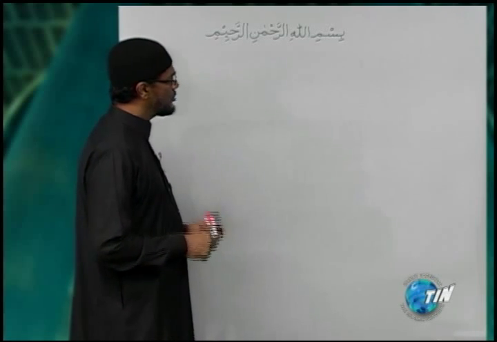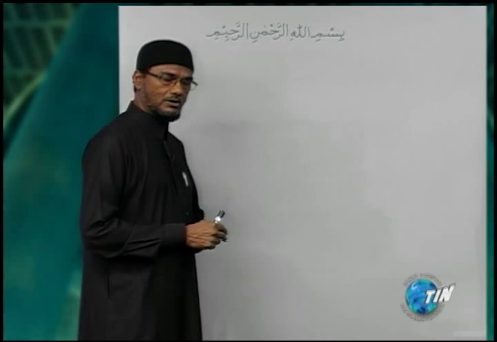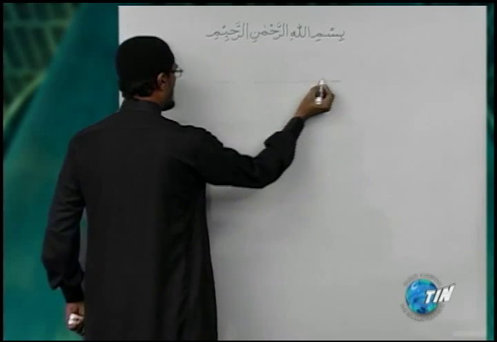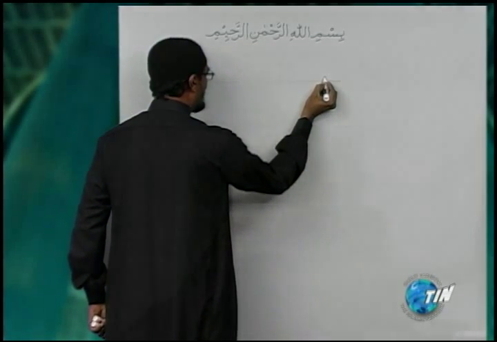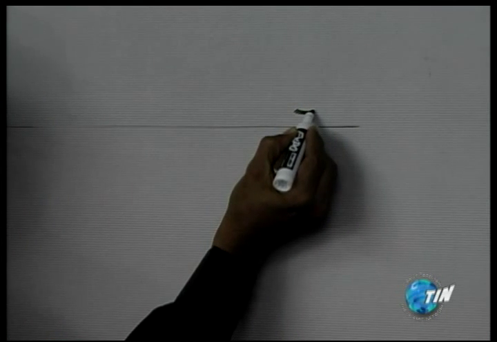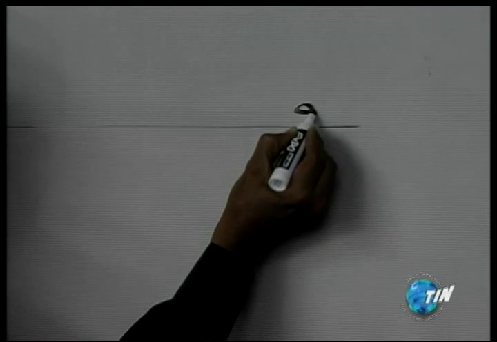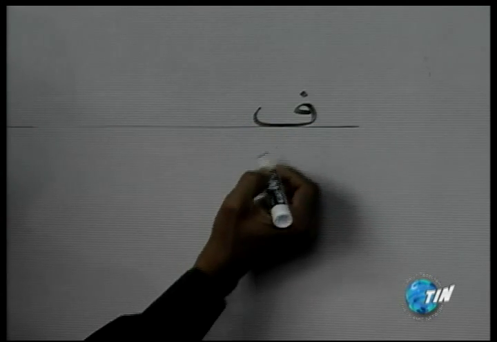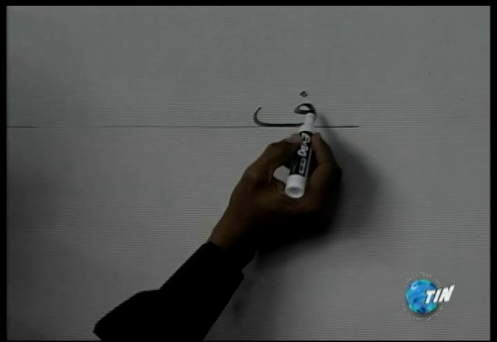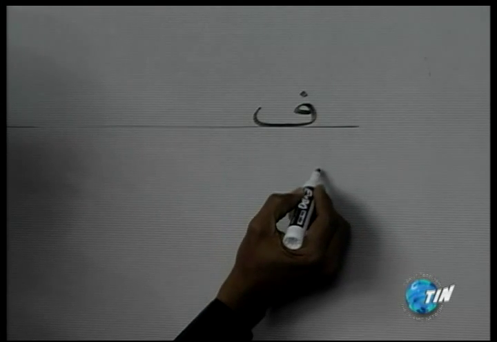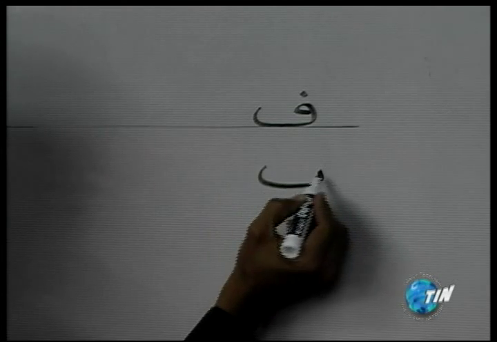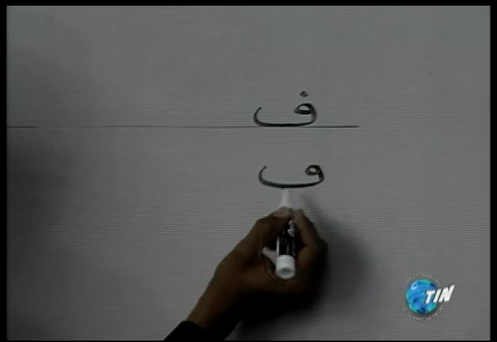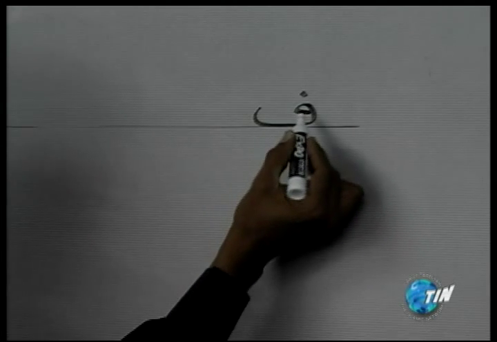We have two other letters before we go on the break. We will look at the letters fa and qaf. I have the letter fa. We start like this. Notice where I start from. Fa, and then I come like that. Fa looks pretty much like a ba or ta or tha, except that we have a little eye here. Look at the ba, the ta and the tha, only we have this part here. That's it. You leave a little space here, and the eye can be open like this,